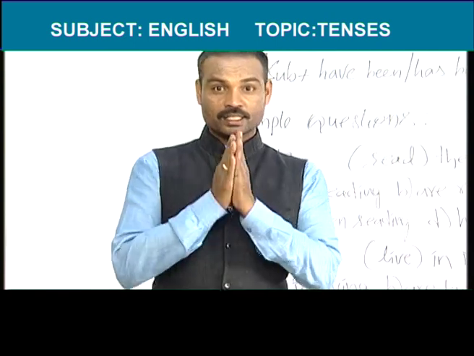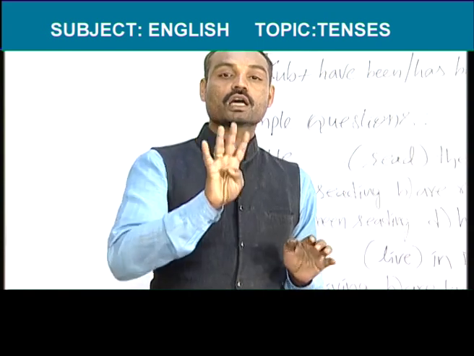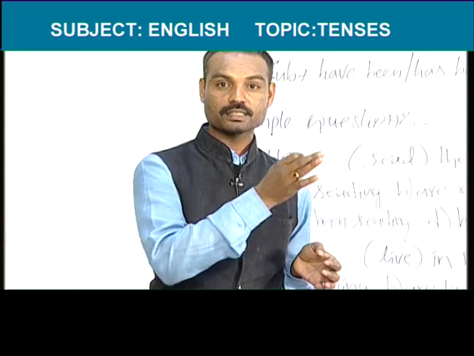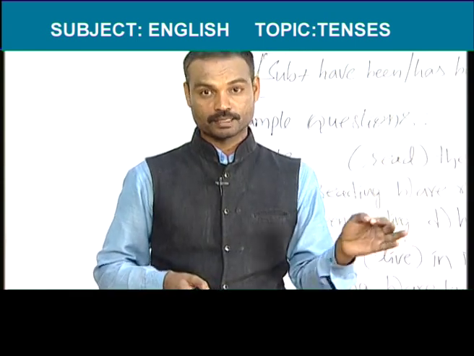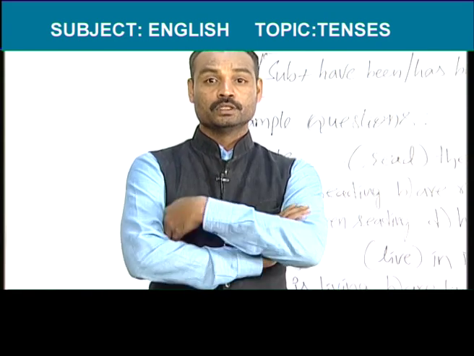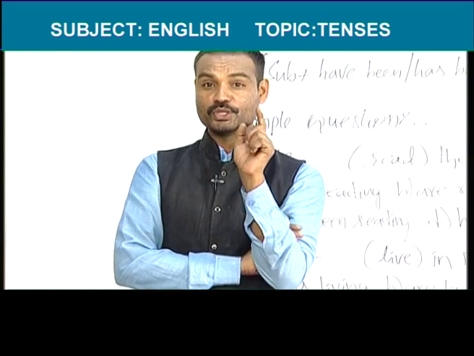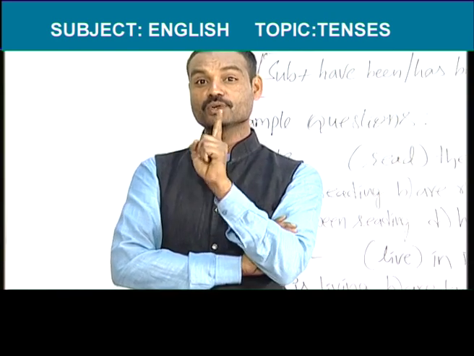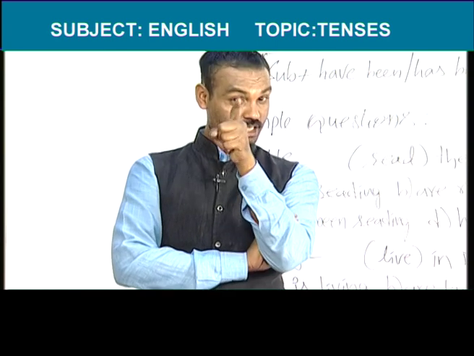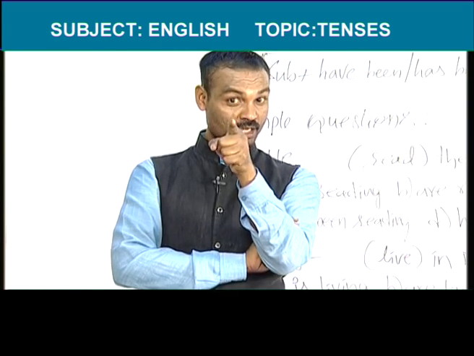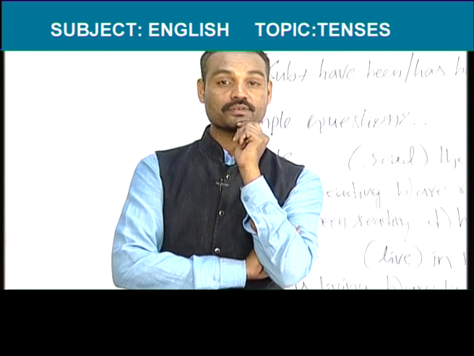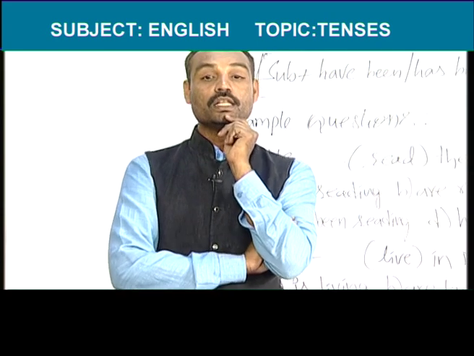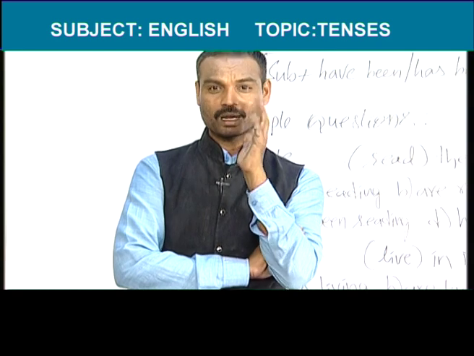Like simple present tense, even in present continuous also, there are 4 types of sentences. They are positive sentences, negative sentences, interrogative sentences and negative interrogative sentences. Positive sentences, for example, Ramdev Baba is doing yoga now. It is a positive sentence. Ramdev Baba is not doing yoga now. It is a negative sentence. Is Ramdev Baba doing yoga now? It is called an interrogative sentence. Isn't Ramdev Baba doing yoga now? It is called negative interrogative sentence. One more example.